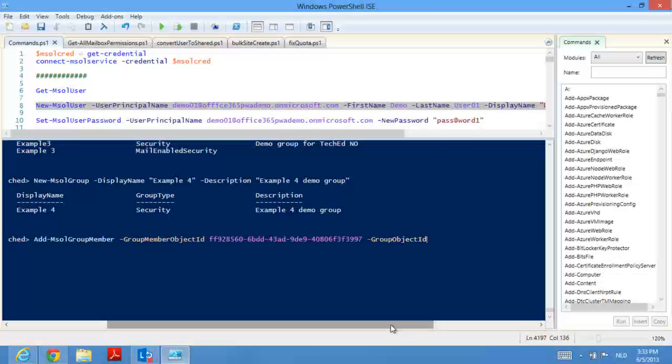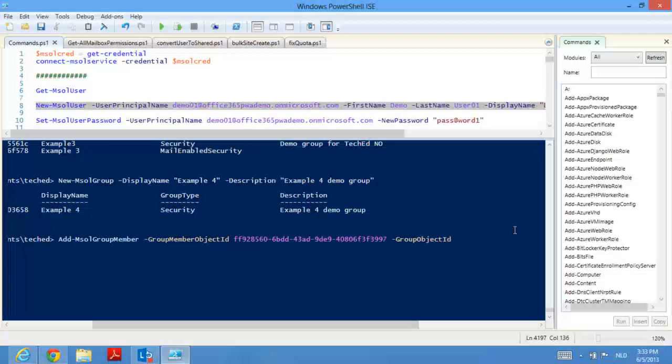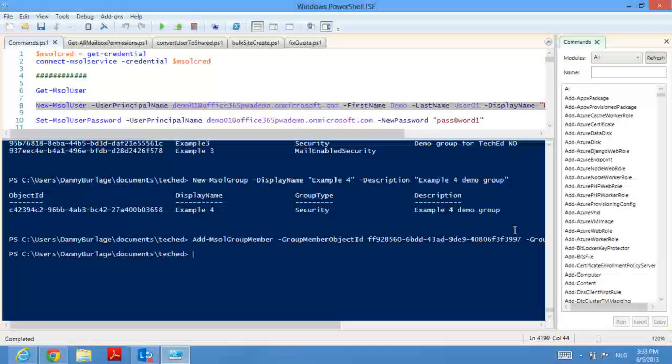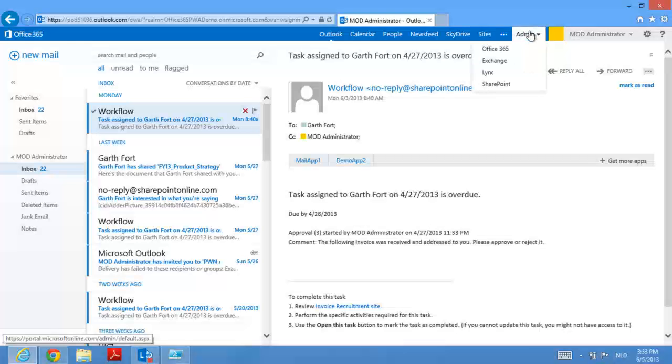And I'll use the group object ID, which is shown to me when I created the group. Here it is. I'll process that. And this specific user has been added to the example group number 4. So just to show you I'm not kidding around, I'll go